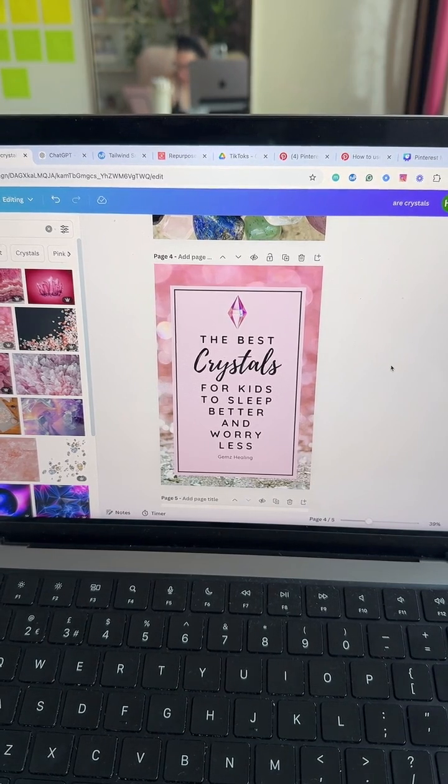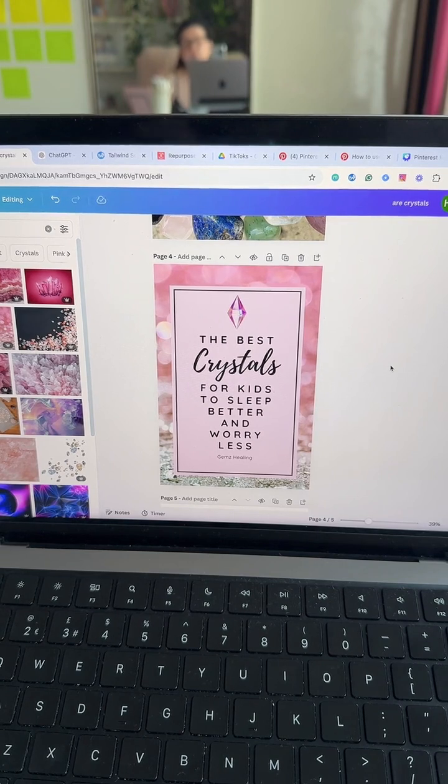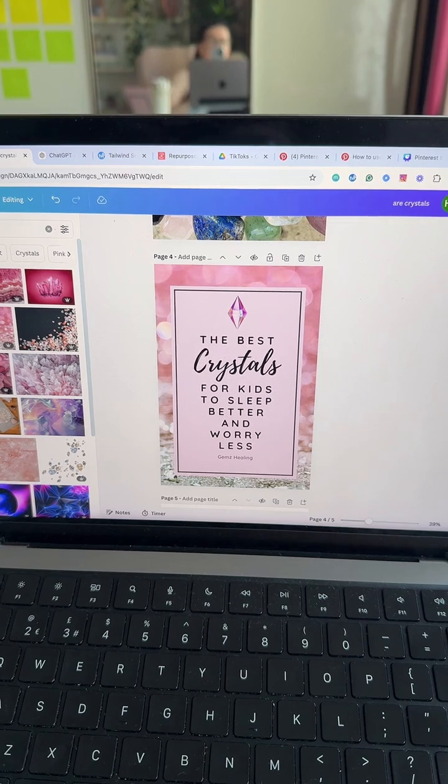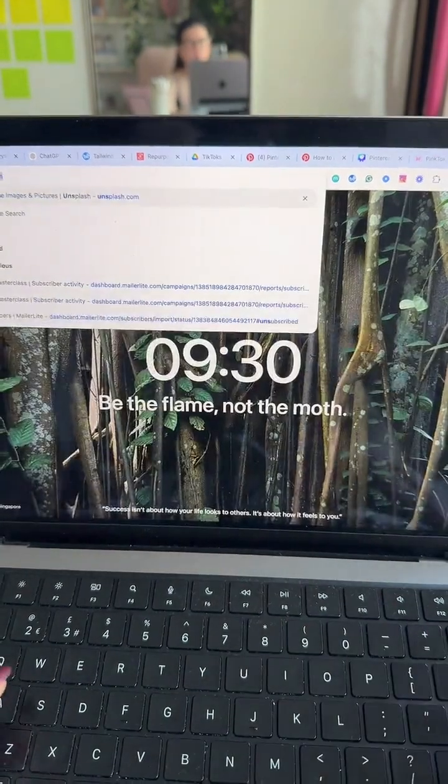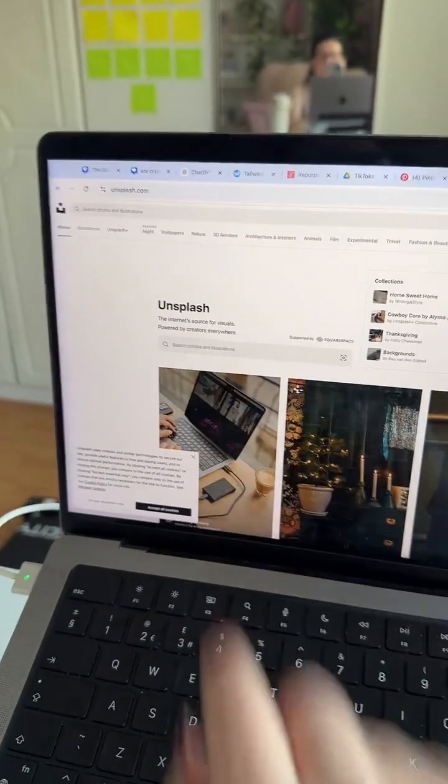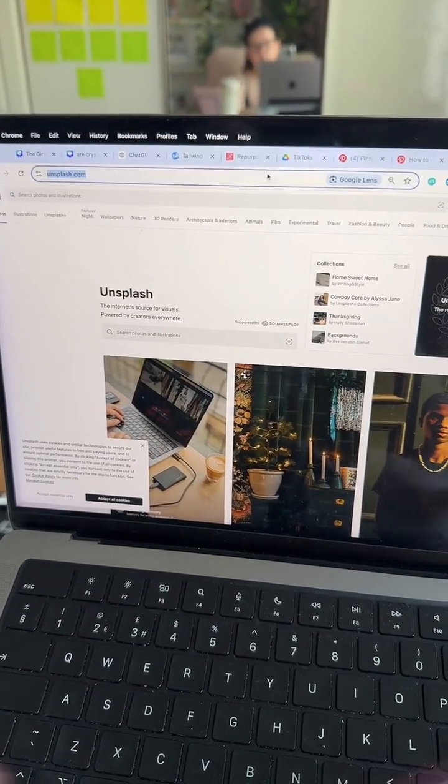Let's see if I missed questions here. I support someone with social media and I stress myself out all the time. Is it okay to use the free version of Canva to make images for Pinterest, or do I need to pay for the full version? I think I can see someone's already answered this, but yes, when you use the free version, some of the images will have a watermark on them, which isn't great. So I'd recommend paying for it, or you can use websites like unsplash.com. There's also pexels.com.